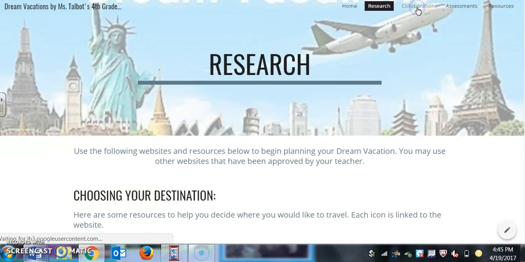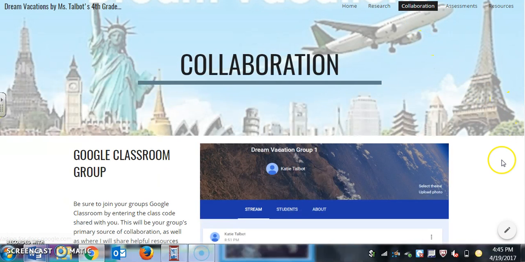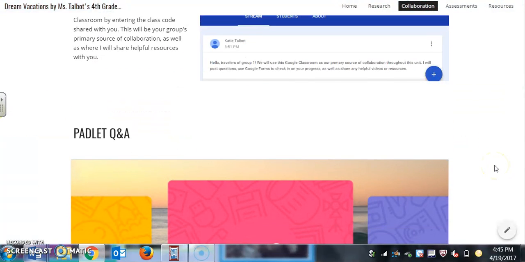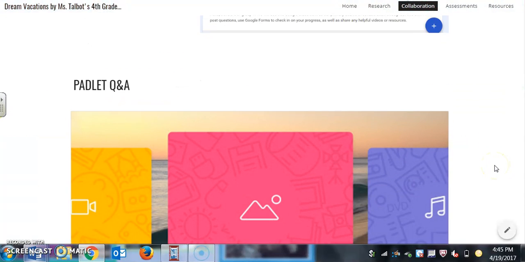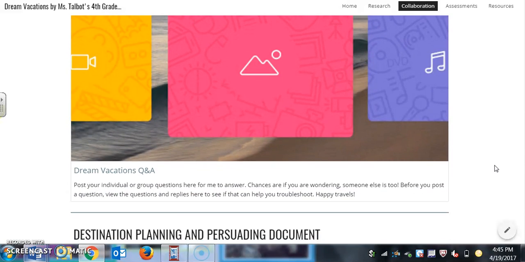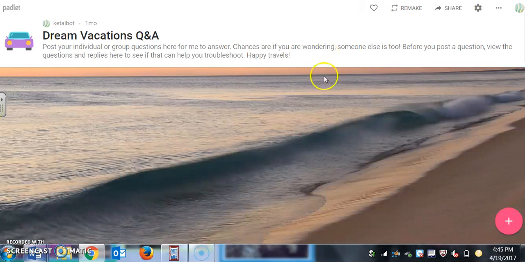The next page is for collaboration because this is one of the most important pieces of this project. Each group will have their own Google Classroom set up to use for communicating with each other. Our class will be using a Padlet question and answer board to post any questions that we have so that if you have a question, I can guarantee you someone else has it, so you can always check here if